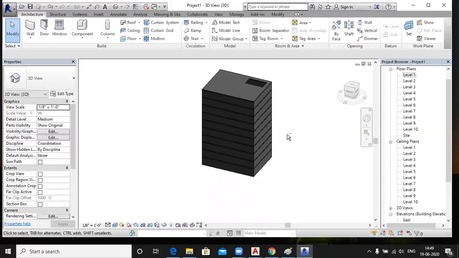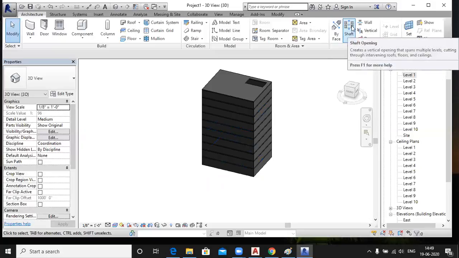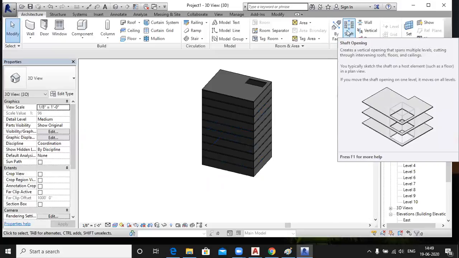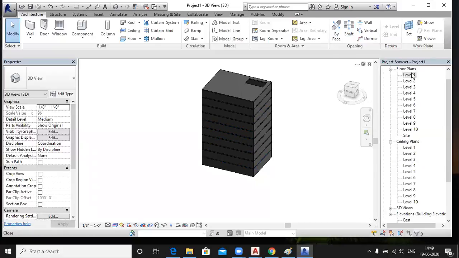First, you create the walls. First you create the levels, all the levels. On the first level you create the wall and create a roof for those walls. Okay, then copy, and paste aligned to the levels, all the levels. Then activate the level, then the shaft command, and draw on the first floor, right?